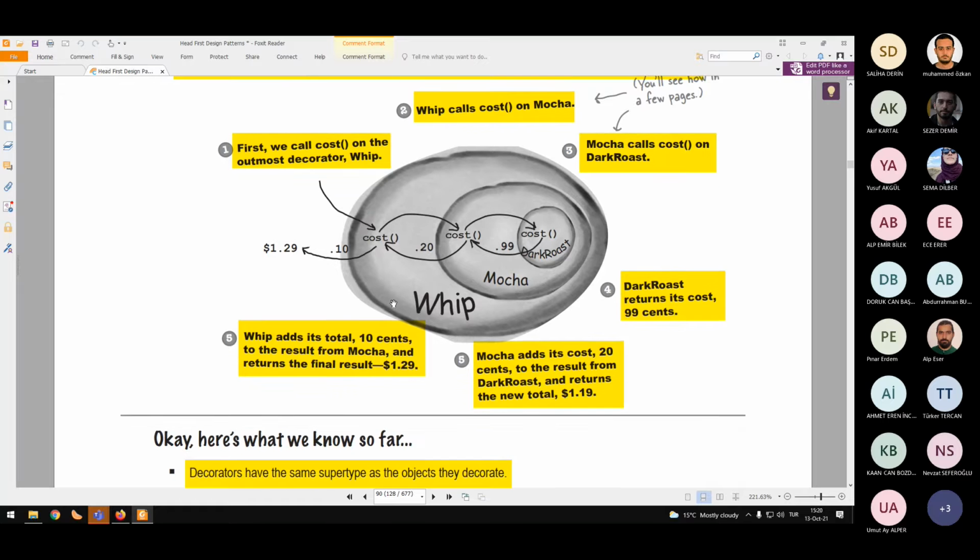And as you can guess, this combination is completely arbitrary. It could have been mocha dark roast. It could have been whip dark roast. It could have been